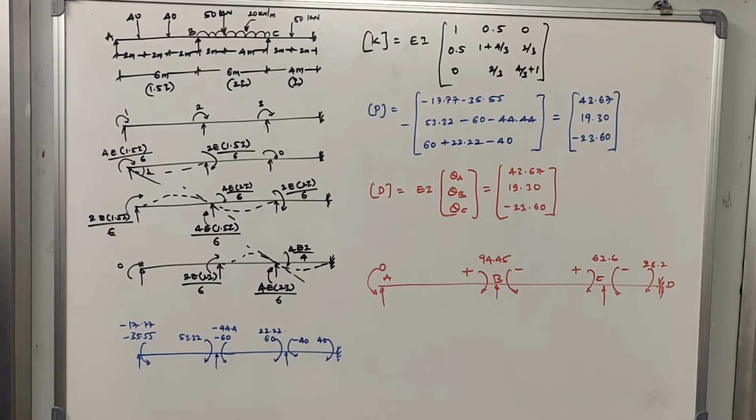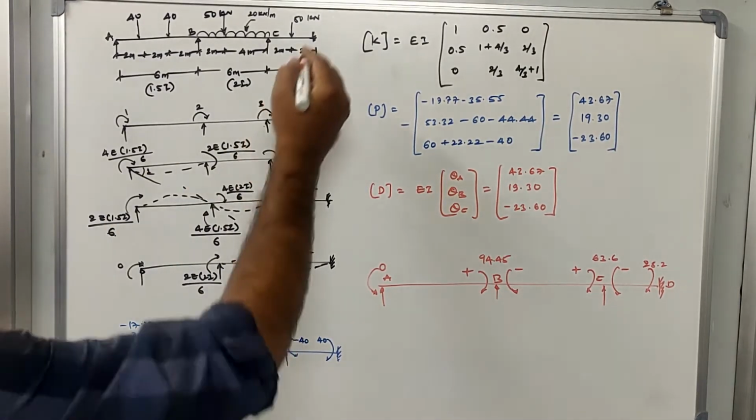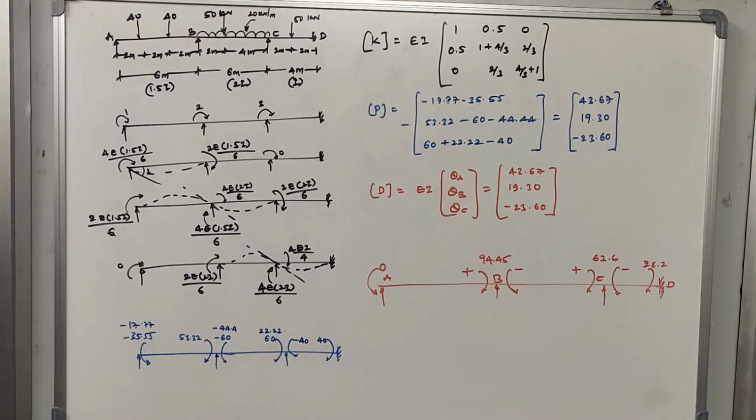Okay, so let us look into the problem and try to identify the loads, the length of the span, and how many spans we have. So this is your continuous beam. In this continuous beam we have 3 spans, AB, BC and CD. AB is subjected to 2 concentrated loads which are symmetric in nature, and they are at a distance of 2 meter and 4 meter from the left side.